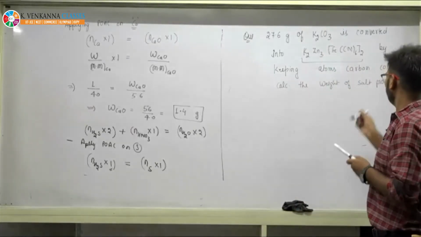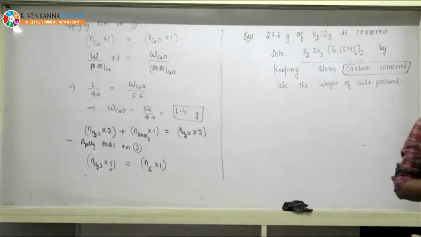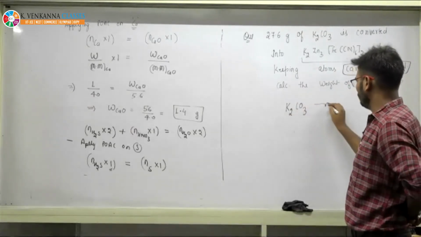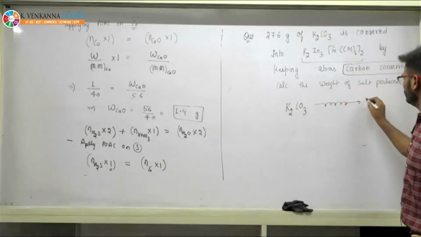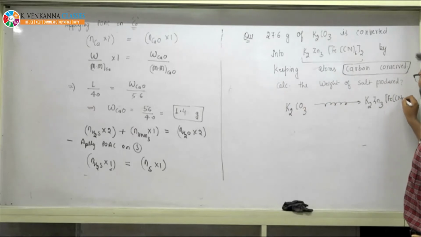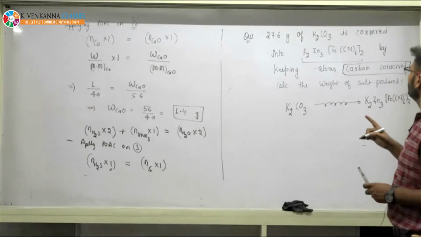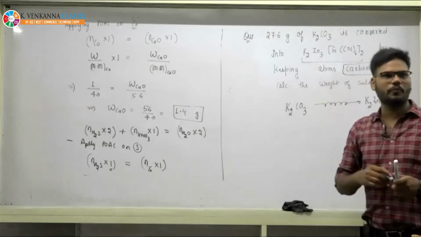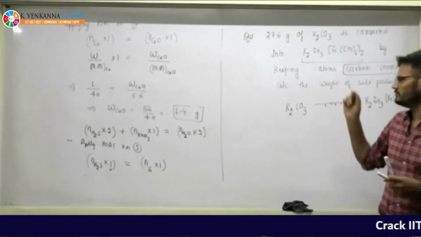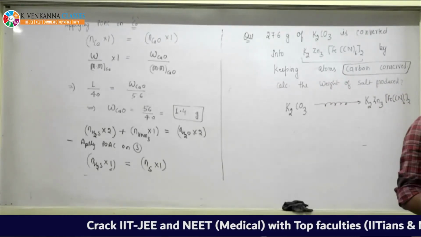Whenever such kind of information is given, you can use POAC. You should definitely use POAC. So the question says, K2CO3 is somehow converted into some weird compound. It is FeCN6 into 2, right? Through series of process, it is converted into this thing. From it, we have converted into B, from B to C, C to something this. So just solve it. I have given you.